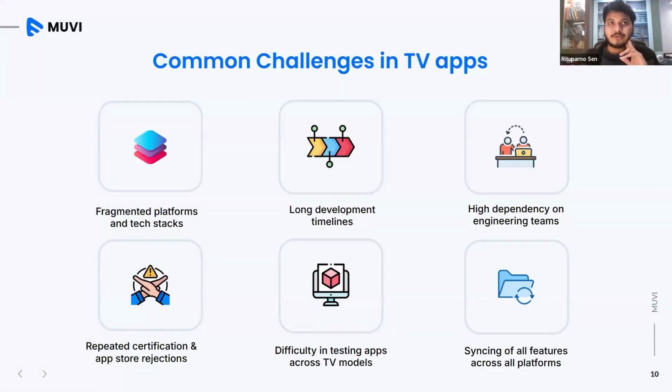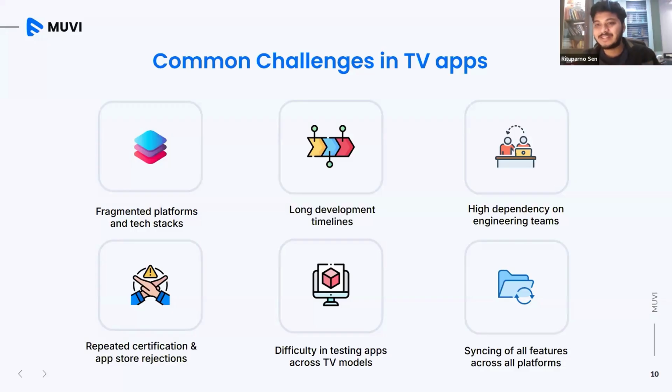Then we noticed a surge in the segment of Hisense TVs. Hisense runs on Vidaa OS, and some Toshiba and other leading manufacturers also develop their TVs on Vidaa OS. So we created the Vidaa OS app, which we have just developed.